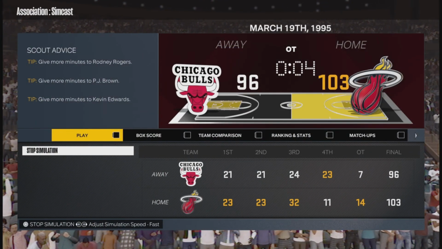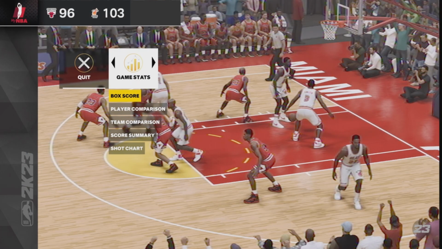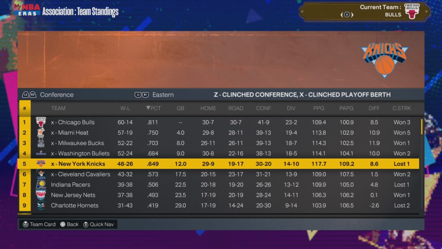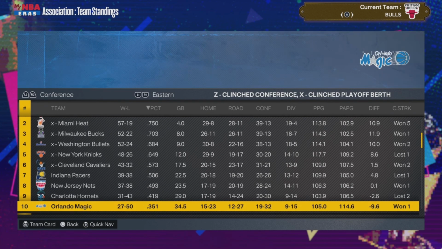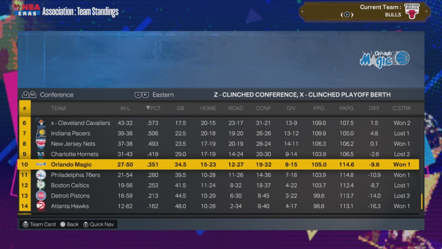Whew. End of the game. Final score 103-96. Damn good Bulls team gets beat by a damn good Heat team. I mean, what else is there to say about all that? We're almost at the end of the season. The Bulls have 60 wins. The Heat are just a couple games behind. We're going through these standings kind of quickly.